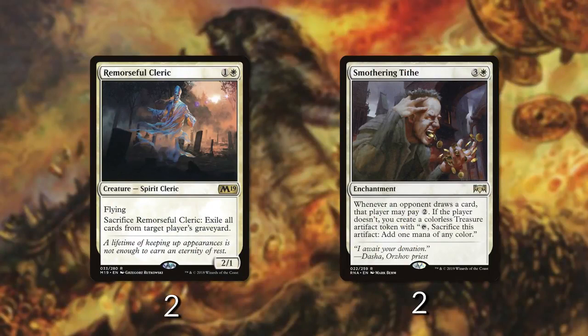What we can do is, if we are about to play Fall of Thran, we can float all our mana, put down Remorseful Cleric, let Fall resolve, and then exile everything instantly. So if you don't have the Phyrexian Scripture loop set up already, you're able to just quickly take everything out. The other advantage of this is with Smothering Tithe in play, next turn your opponent's going